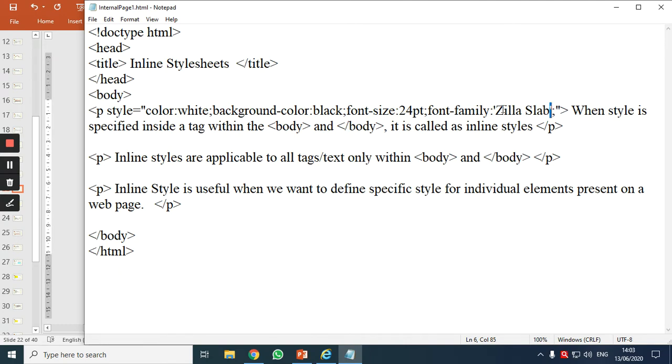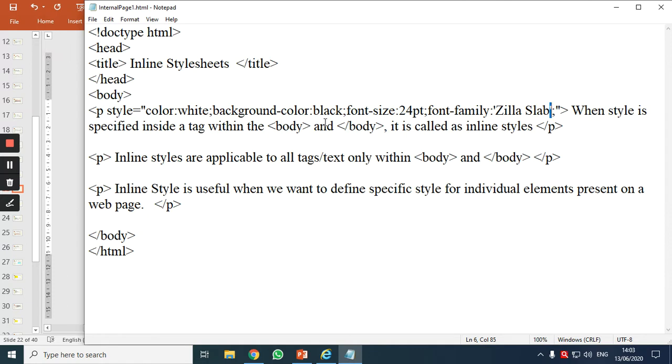And why have I used single quotes? Because these are again two words, and there is a space between them. Always, when you have any special character, this space is also a special character. When you have any special character, you have to put it in either single or double quotes. Because I've used double quotes here already, inside I'm using single quotes. Correct? Now, you have observed I have given a style.